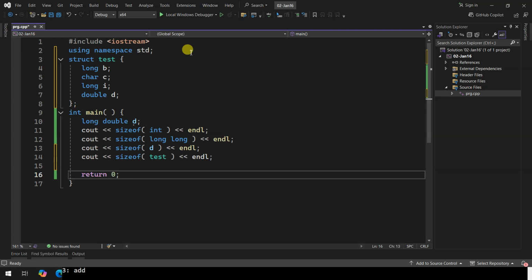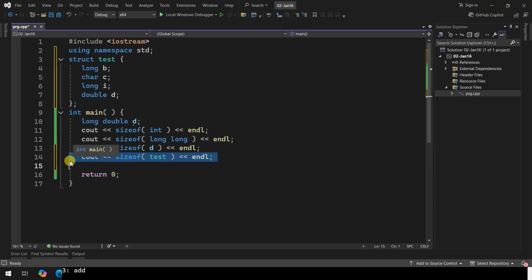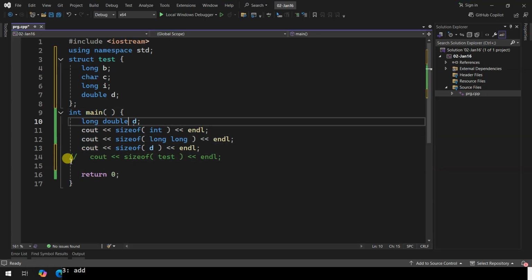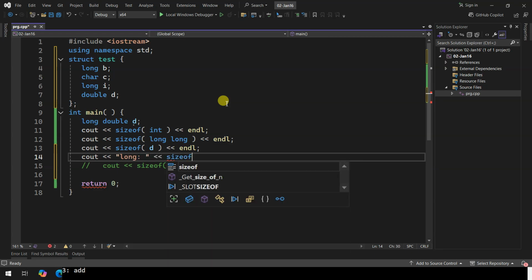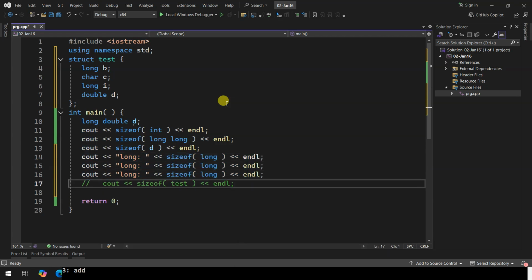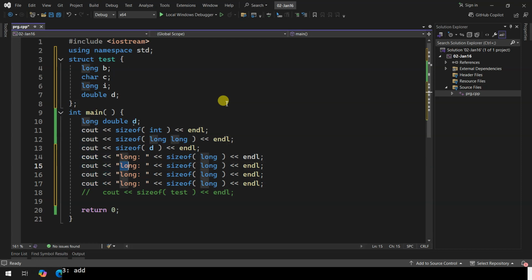Before I actually show that test, let's put all those things up here. So I'm going to have cout long, then this one is char.